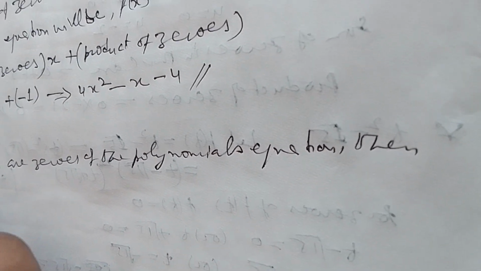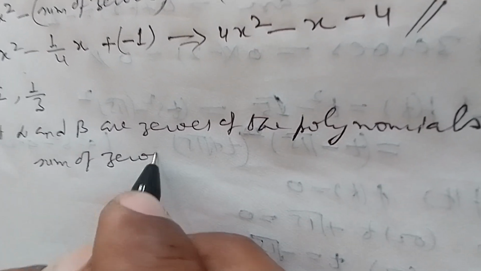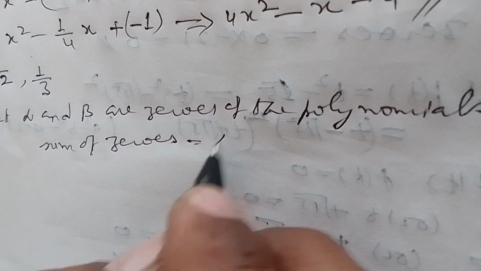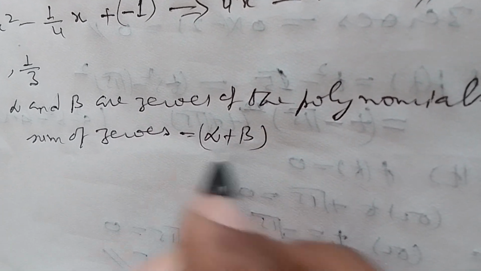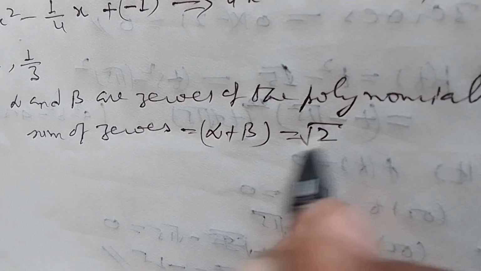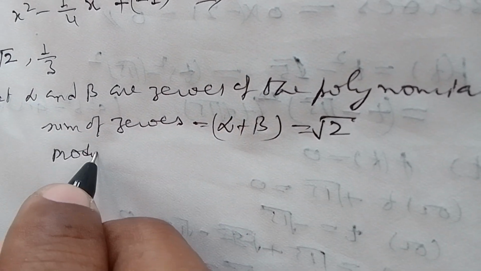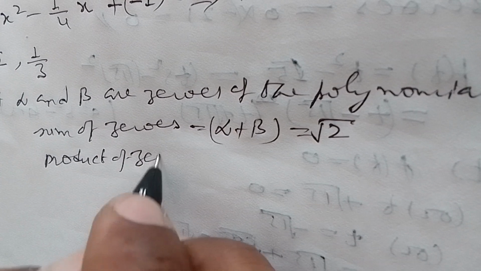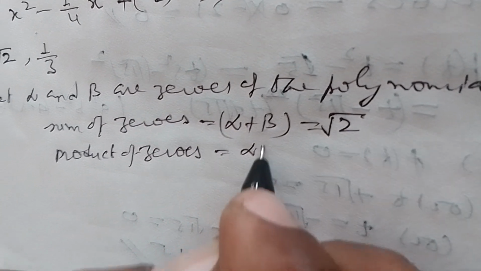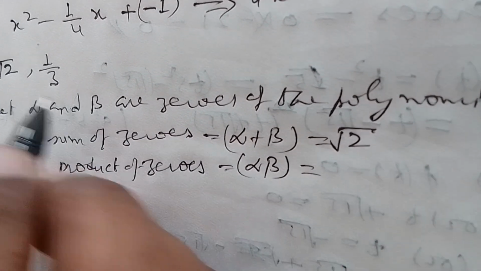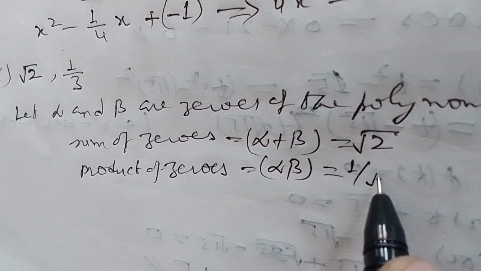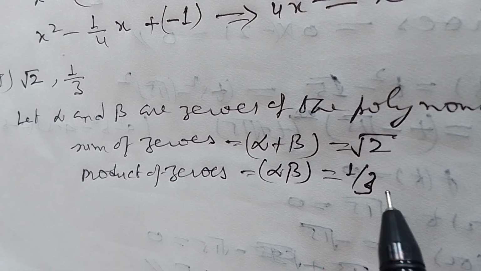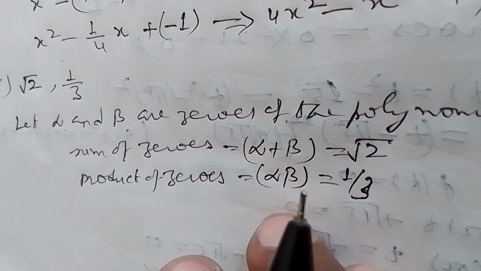Then the sum of zeros, alpha plus beta, is under root 2, and the product of zeros, alpha multiplied by beta, is 1 by 3. So then the polynomial equation will be